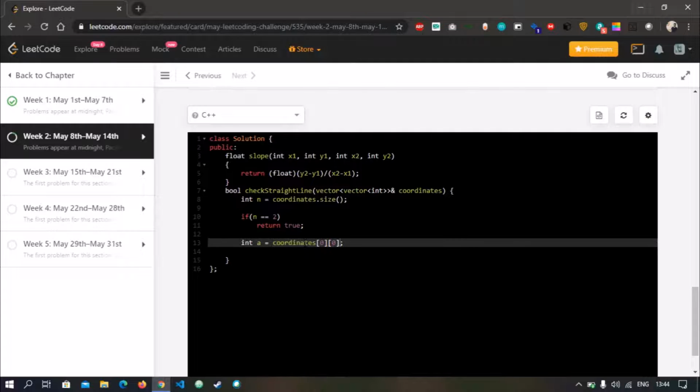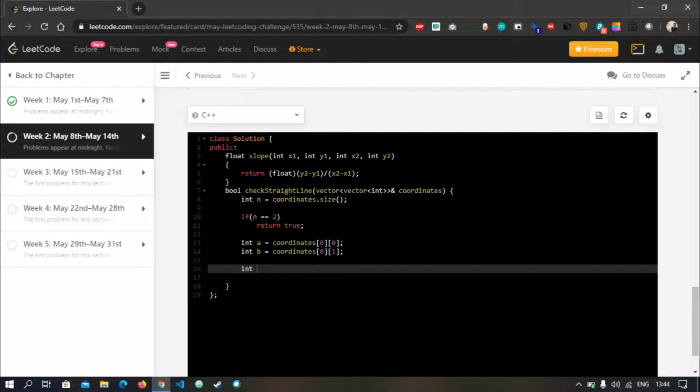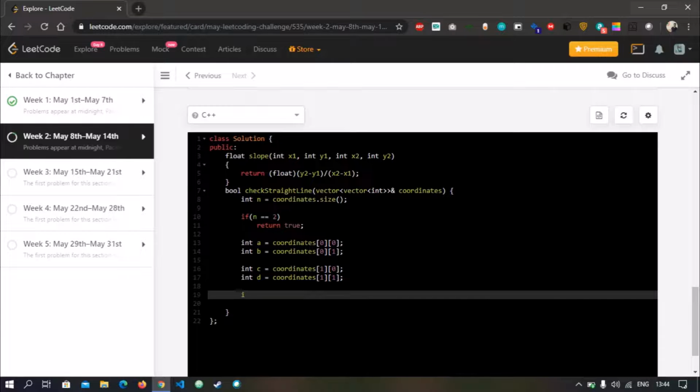We just copy it, int b equals, this will be the y coordinate of our first element in the coordinates array. Similarly, we do it for the second element also. This time the index will be 1. Sorry, it should be 1. We calculate our, let's name it initial slope.